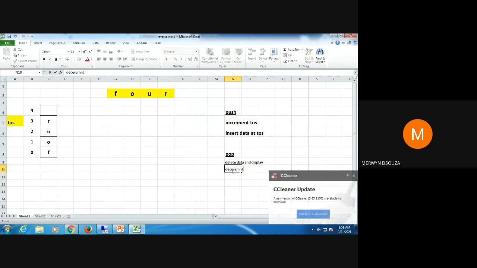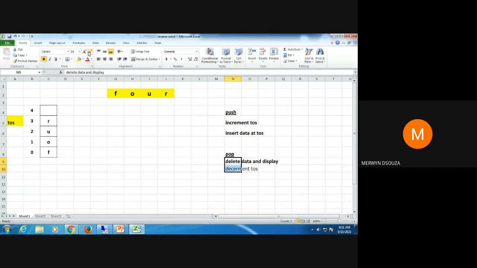Decrement top of the stack. So now let's start from here. Delete the data at top of the stack.